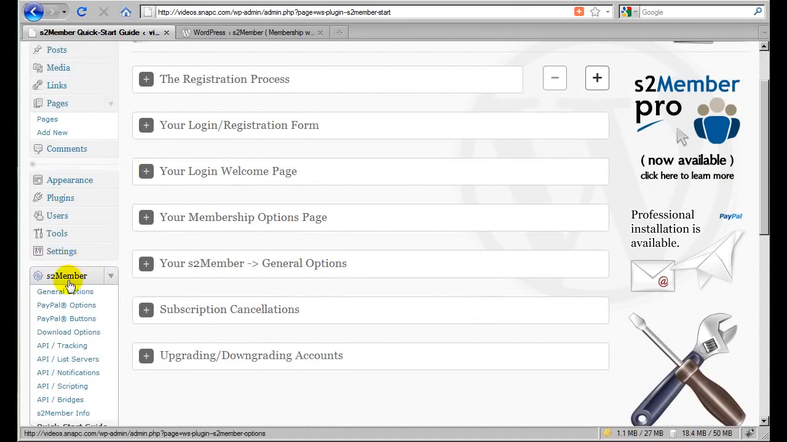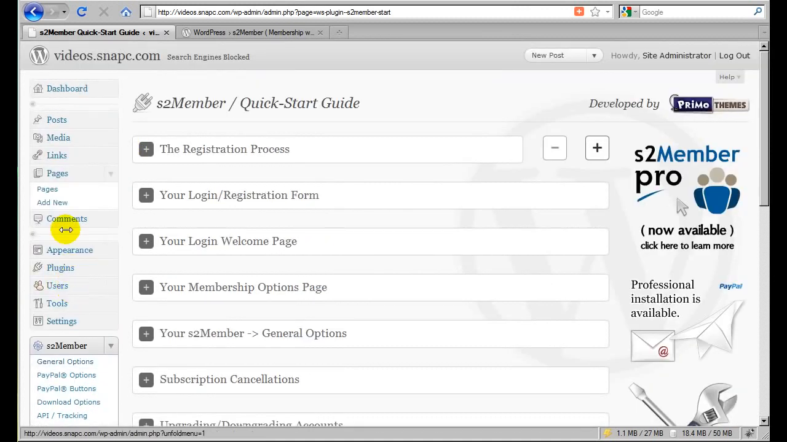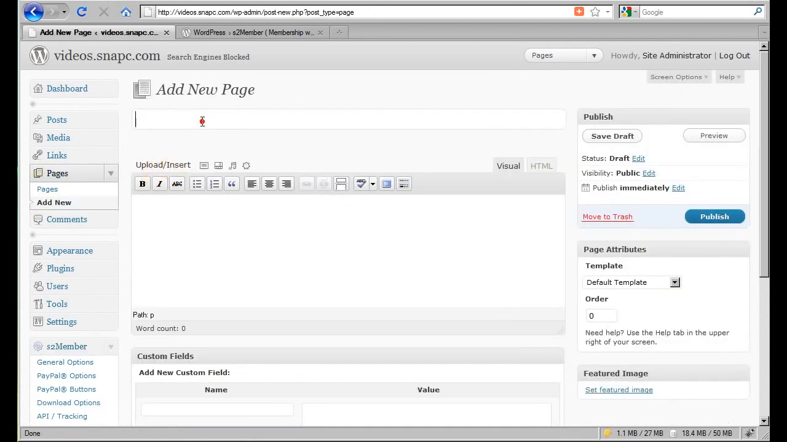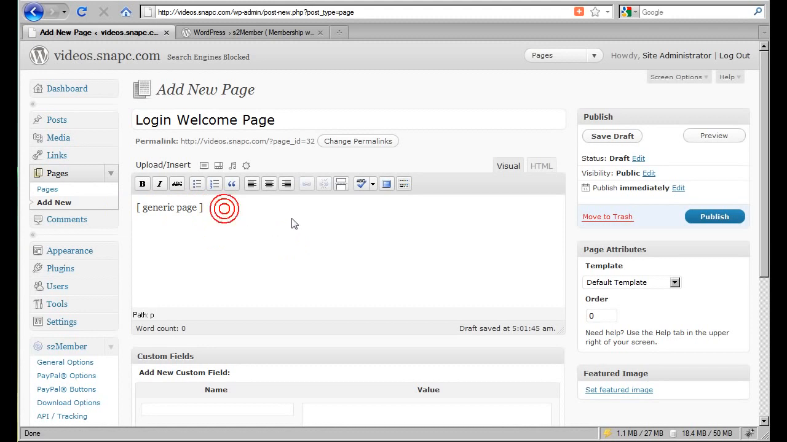So instead of going straight to the s2Member options, we're going to start by adding 2 new pages. Those are the login welcome page and the membership options page. And we'll just do this in a generic fashion right now. It's not important right now what is in these pages. So we're just putting a placeholder here for right now. What's important is that you just get these pages into WordPress so that s2Member will have access to these 2 pages so that we can configure s2Member initially. So we just click Publish,